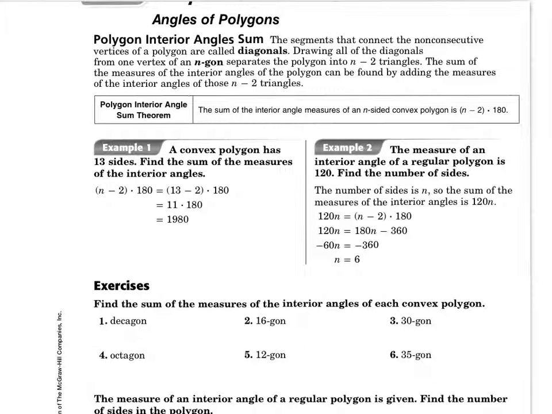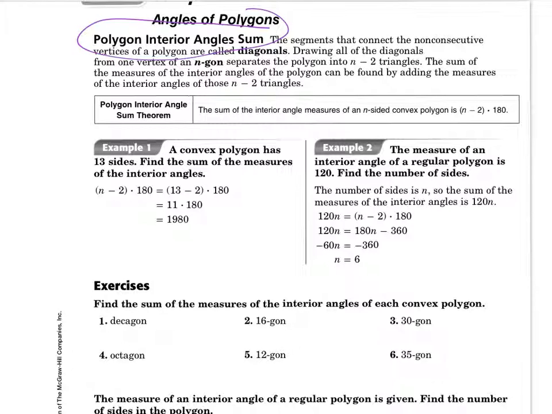Hey team, so in 6.1, what we're going to start doing in this chapter is working with quadrilaterals, but we need to generalize polygons first, because we've only worked with triangles really so far. So now we have to work with the angles of bigger polygons than just the ones with three sides. The goal of this front side of these notes is to work with the interior angles of polygons, and the back is we're going to work with exterior angles. I guess there's not a back because this isn't a page, but